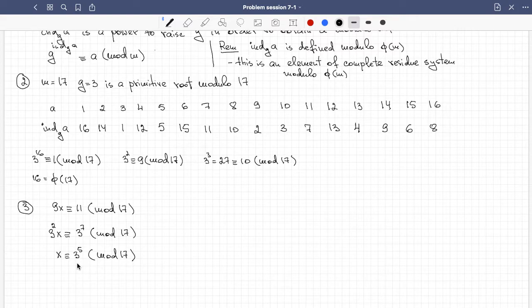Three to the 5, now I have to search for this 5 here, and this corresponds to this 5 there. 3 to the power 5 is congruent to 5 modulo 17. So the answer is 5